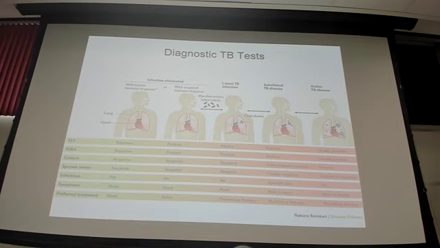And then if you get subclinical TB disease, where you have granulomas still, but you have actively dividing bacteria that have gotten outside of those granulomas, in that case, you might get a positive culture, you might get a positive sputum smear, but this is where it becomes most challenging to diagnose because you may or may not be able to find those bacteria. Subclinical, so not really symptomatic, but you have some bacteria in the lungs. Difficult to diagnose. And if you could diagnose that, multi-drug therapy at that point, which we'll talk about in just a second. And then active TB disease, everything's positive, and you're on multi-drug therapy as well.